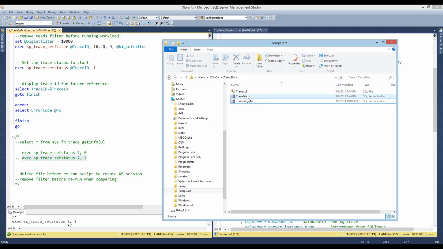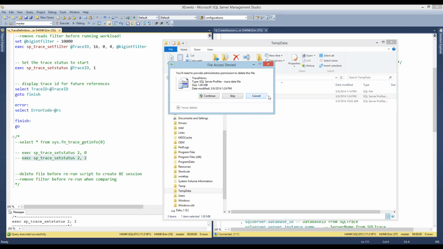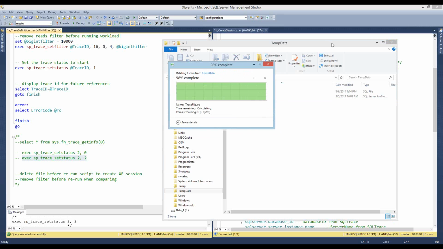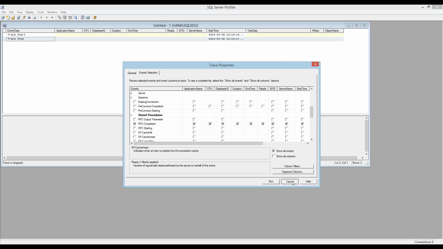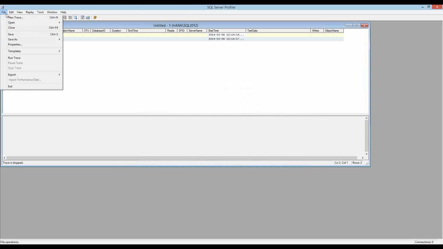Go ahead. Yeah, I see a couple here. Okay. One question is, with extended events, can I add events from the perfmon counters? I think the question is, when you're in Profiler, you have the ability to import performance data. Right.